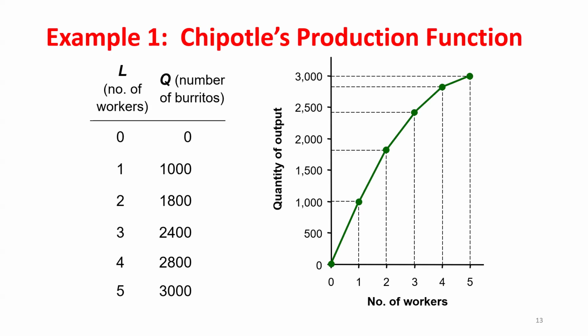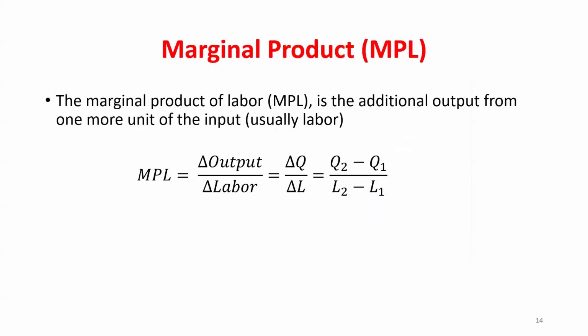The slope of this output function is telling me the change in output, or what we'll end up calling not just the marginal output, but the marginal product of labor. How many additional units each additional worker is adding to my firm's production process. Okay. So I was using this terminology of marginal output for my workers. You can think of it that way, that's fine. But the terminology we typically use when we're talking about workers is the marginal product of workers, or the marginal product of labor.